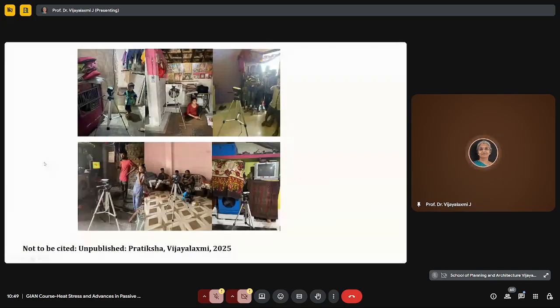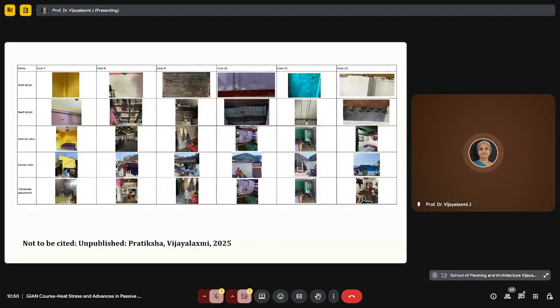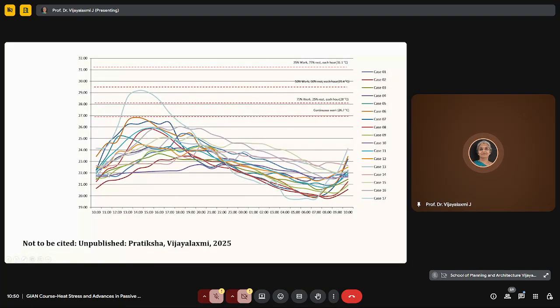And then the data is collected inside using the loggers. And then again we have done this documentation, only of 12 I am showing for lack of time. And then the result shows the WBGT of 17 households for various work percentages. So the tasks performed include household chores like cooking, house cleaning, water filling, sieving, and